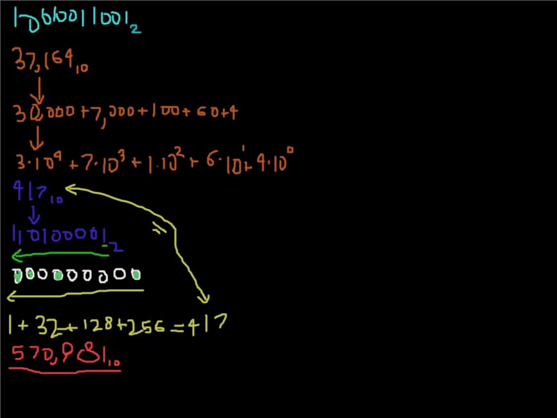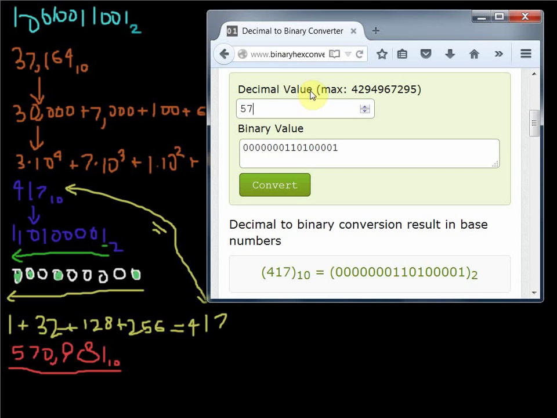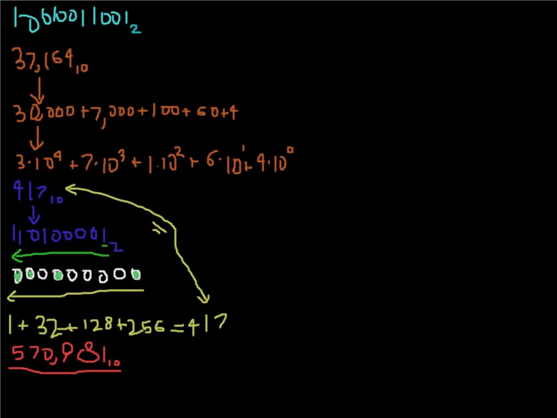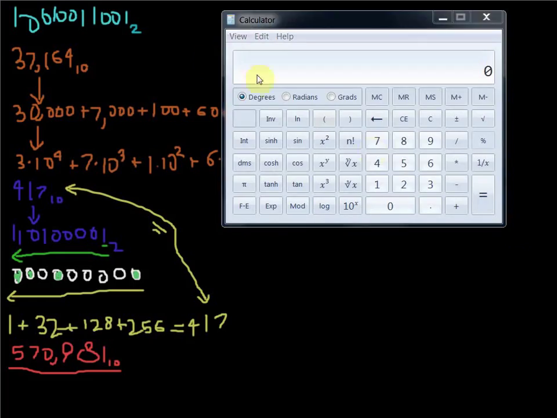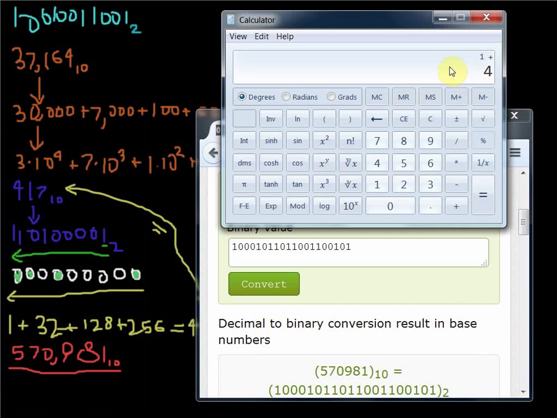So let's go through this. Let's put this in here. 570,981. Ooh, we're not going to write all of that down. But if we go through all of this, what are we going to have? I'm going to put our calculator out already, because I do not want to write all of that. What are we going to get? We're going to get 1 plus 4. So I'll actually leave this right here so you guys can see what I'm doing. 1 plus 4 plus 32 plus 64,